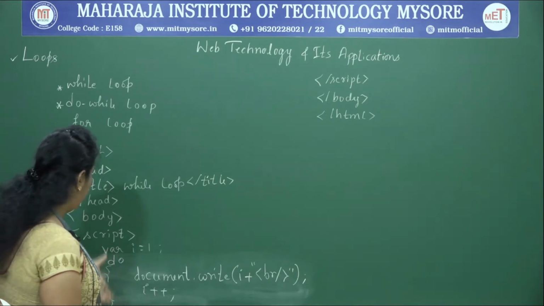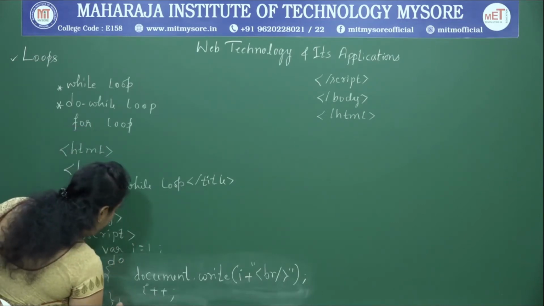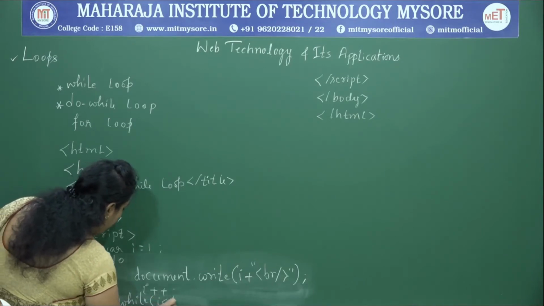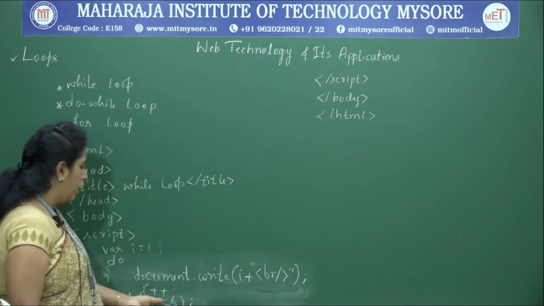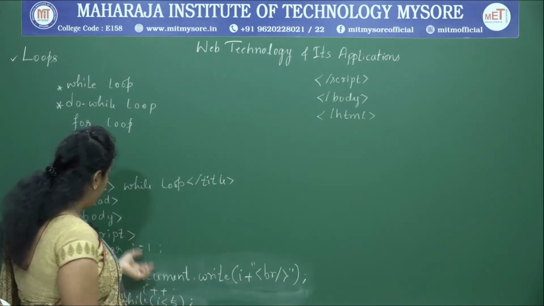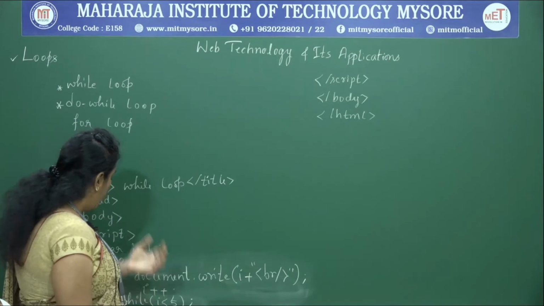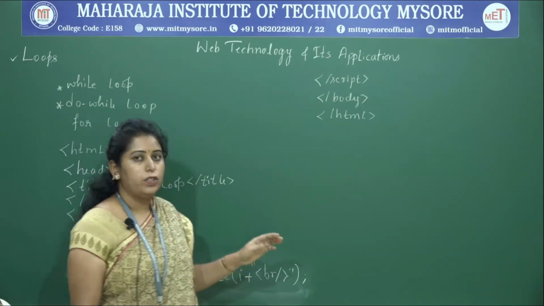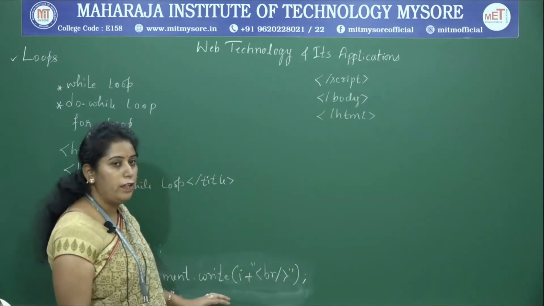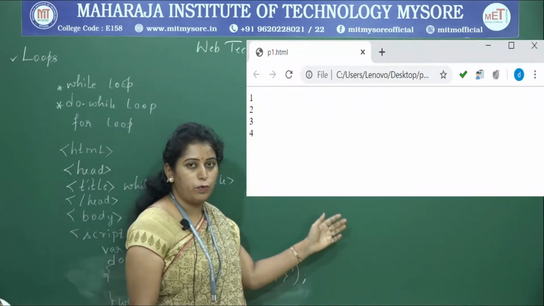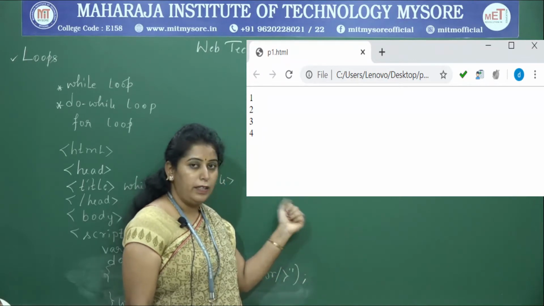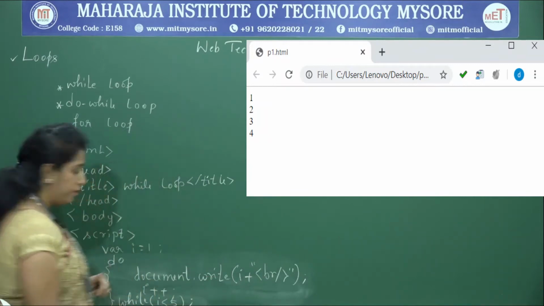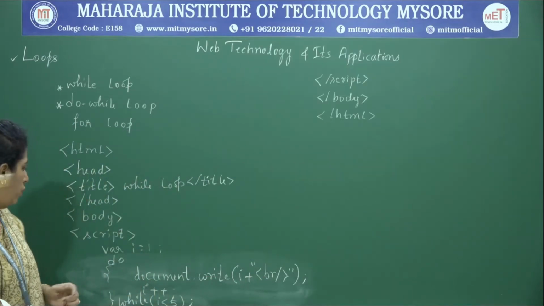And next you need to check for the condition using while. Inside that you are checking the condition i is less than 5. Once it is true, again it enters into the body of the loop. Only when the condition becomes false, it comes out of the loop. So finally, using the do while loop, you can notice how the program runs, and you can observe the output. Okay.